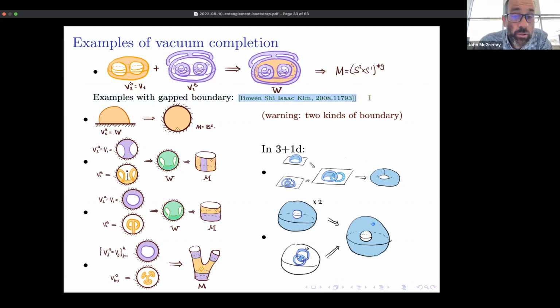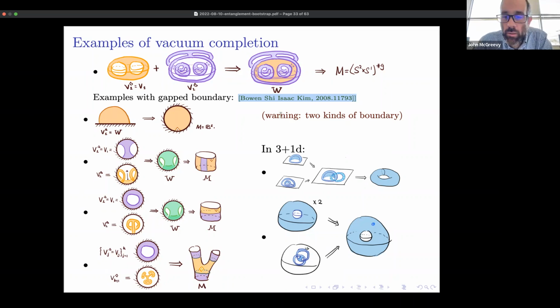And so then there are two kinds of boundaries. There's the entanglement boundaries that I've been talking about so far, and then also the gap boundary, which sometimes I'll denote by this furry boundary here to distinguish it from the entanglement boundary, which are just ordinary lines. And in this way, we can make various other manifolds. For example, we can make manifolds with boundary, like a cylinder with two boundaries, or a pair of pants.